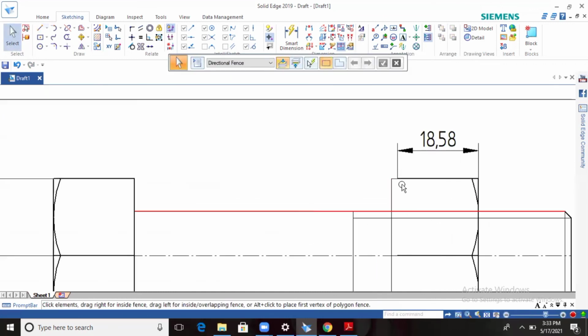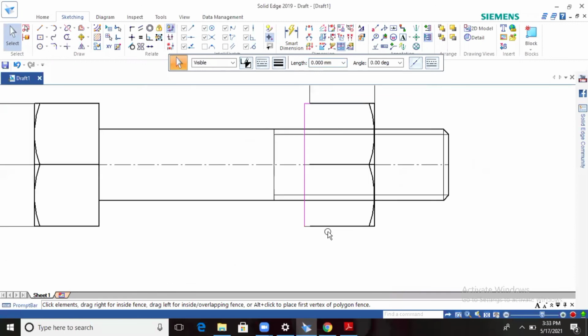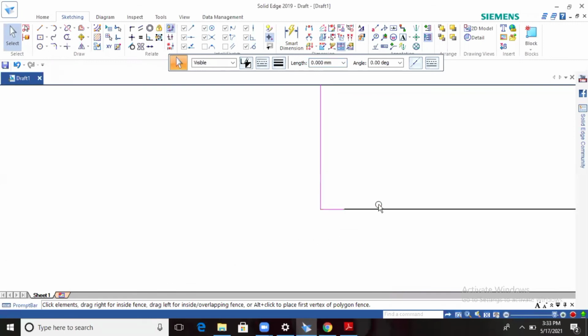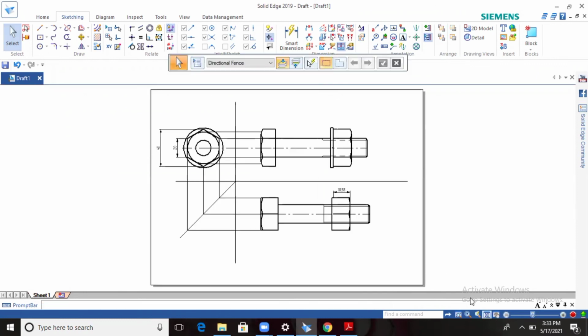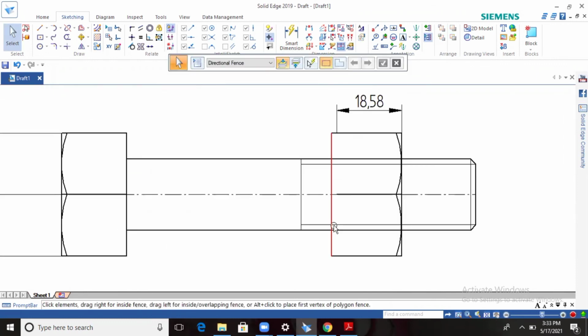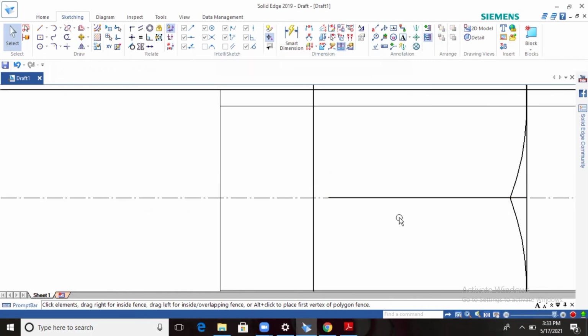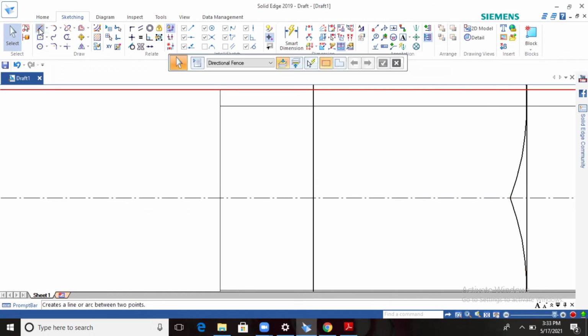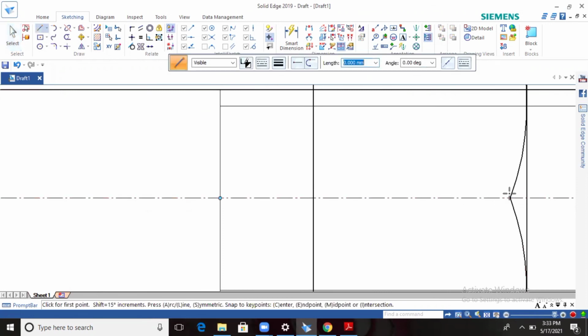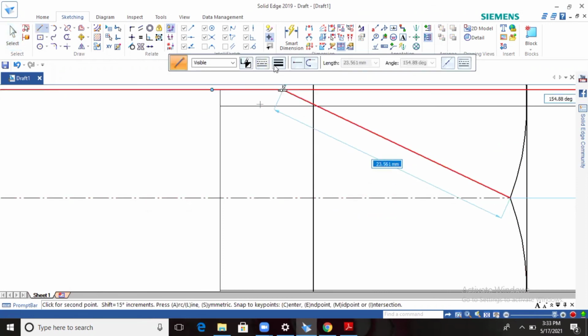Okay, press Ctrl, select the line, make it 0.5. Okay, here you have to draw the full line up to where? From here to here. Okay, from this end point to the end point, make it 0.5.